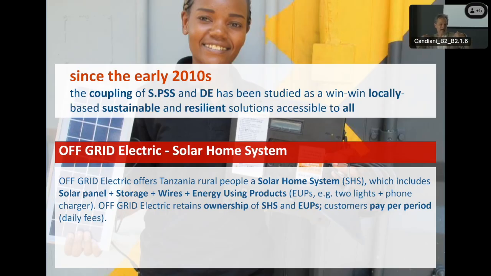use. Many times when I've been in Africa, for example, I saw many cases of something that was donated to pump the water or whatever. Okay, it was donated, then it was broken, and it was there, and nothing happened because they didn't have the money to repair that. Okay? But if this is offered as an SPSS, this may have an advantage. Okay? So in this year, we started studying those issues.